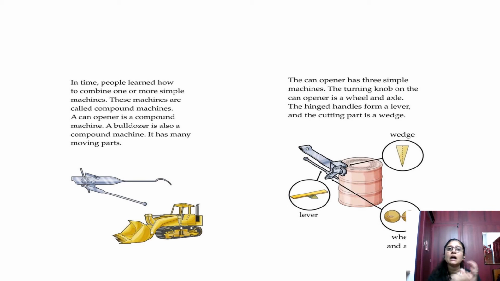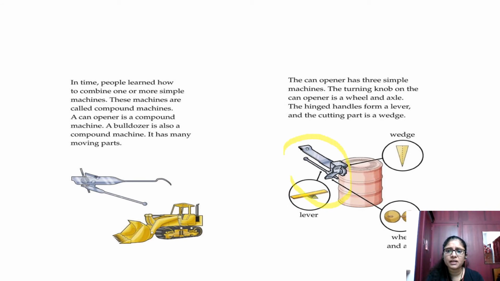We are going to see how these simple machines are made into a compound. Compound means together. When you join two simple machines together, if a machine has some simple machines in it, for example, if you take any machine and it has got a screw and an inclined plane, so there are two different machines in one machine, that is called a compound. So people have learned to make work much easier. To make it easier, what did they do? They found out the compound machine. So a can opener. This is a picture of a can opener where they are showing us.